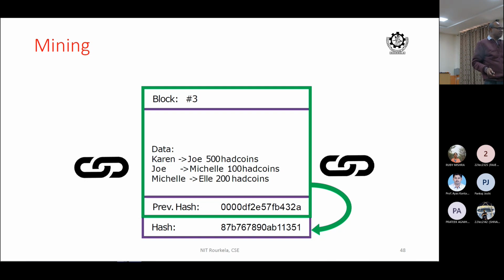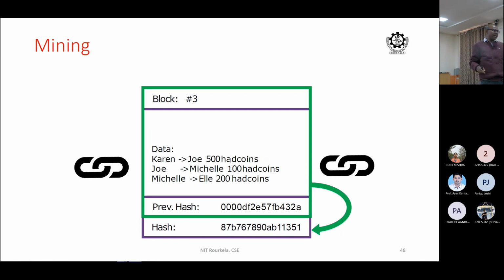The 16 most significant bits should be 0, so these are 4 zeros. Now you pass it through a hash function and you will get 256 bits, but it does not ensure that the most significant 16 bits are 0. Now how to make the most significant 16 bits 0? The data is fixed. You have put some transactions, and the transactions are fixed. You cannot change the transactions. The previous hash is fixed. You cannot change the previous hash, because that is the way you link to the chain. Those two pieces of data are fixed.